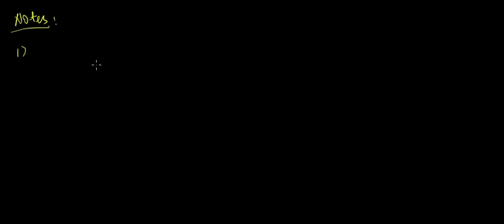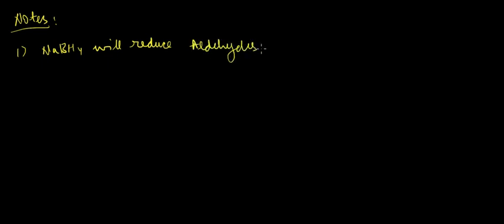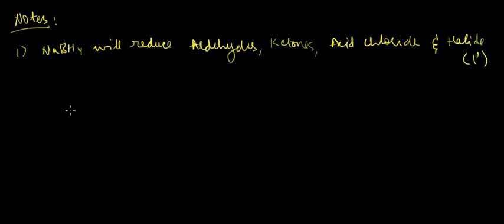First point would be that NaBH4 will reduce aldehyde, ketone, acid chloride, and halide, primary halide. Okay, so will reduce aldehyde, ketone, acid chloride, and halide 1 degree. Okay, statement 2 would be that nitrogen containing compounds such as amide, cyanide, isocyanate, NO2 will